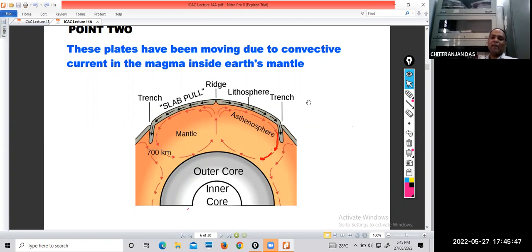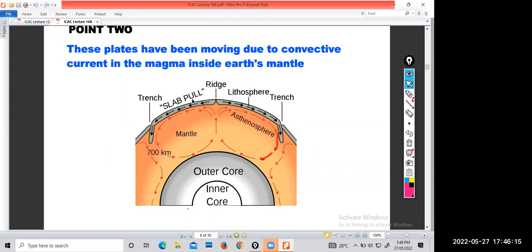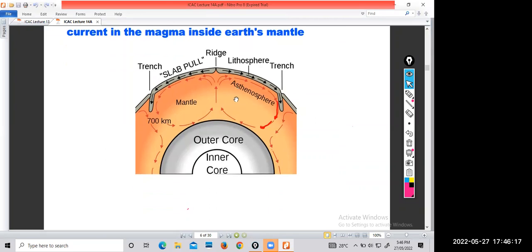अब आप बोलोगे कन्वेक्टिव करंट क्यों है सर? Why convective current is there? Although I have discussed in the interior of earth. If you will go back and refer to my interior of earth video, revise it, then you will come to know. Or even if you go to my plate tectonics video again, you will be able to see. Second point, little bit is clear. Yes, sir. Let us now go to point 3.